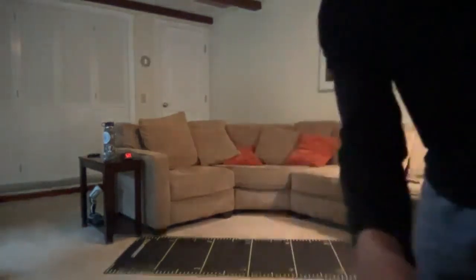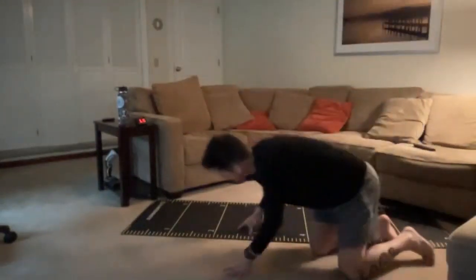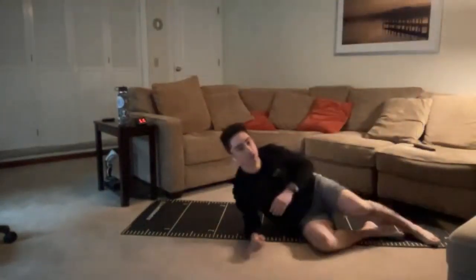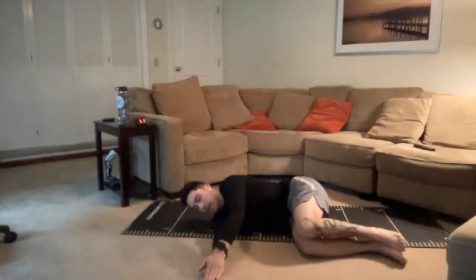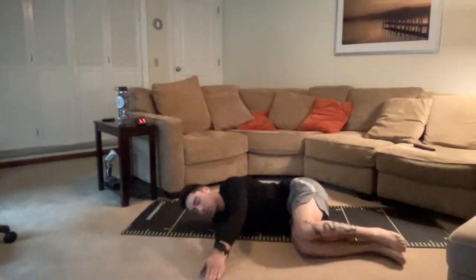I'm going to move my camera so you guys can see what I'm doing. So we're starting down here, lying down on our sides. Doesn't matter which side you start on. Whatever we're doing, we're having the knees stacked up on top of each other, up around hip level. And this is so our lower spine can stay put. So from here, with both of our arms outstretched in front of us,